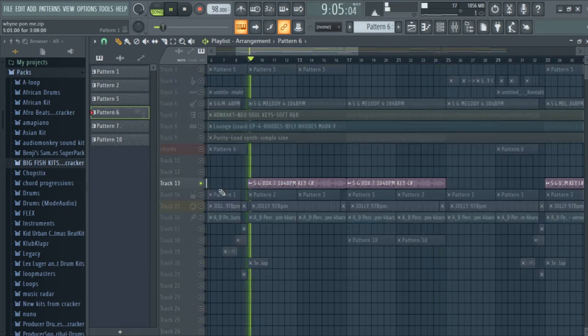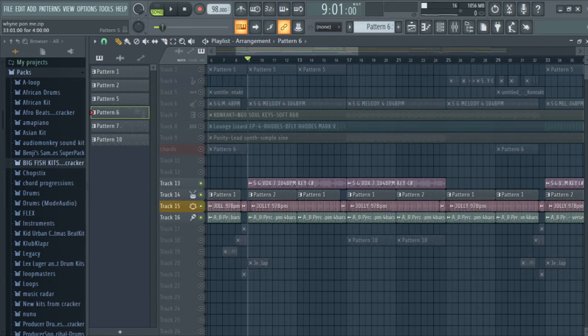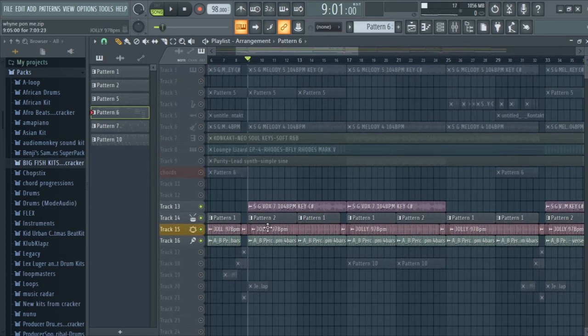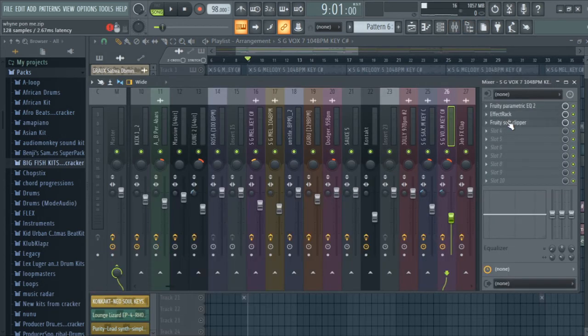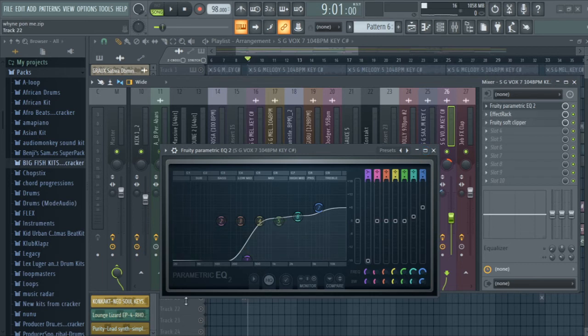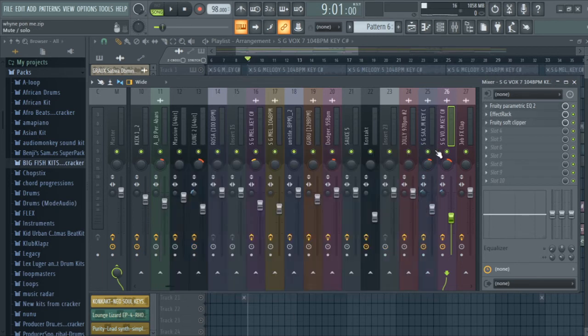So this is a Vox sample, and it came with the same sample. But that's the point. I added some effects to it. This is an EQ. Took out all the lows totally, and I added some